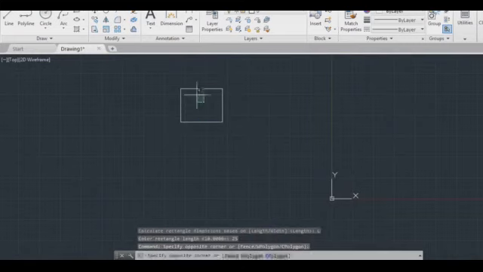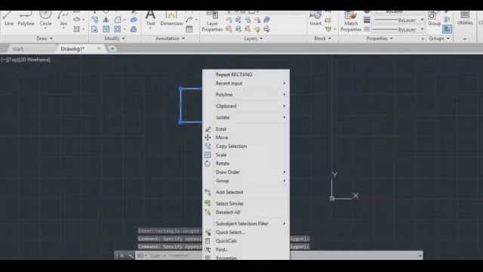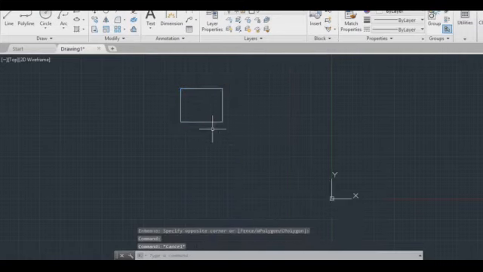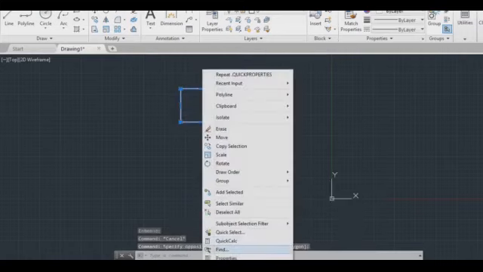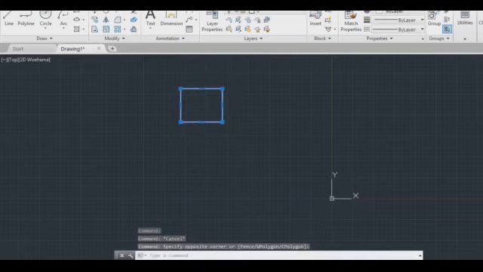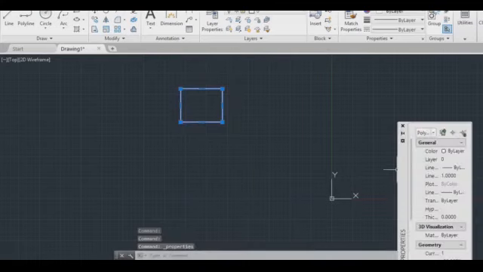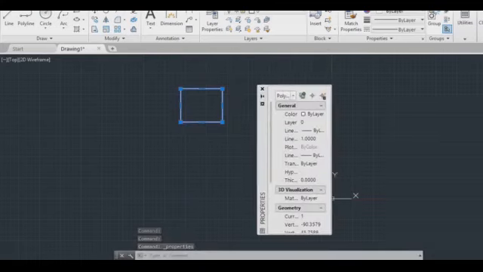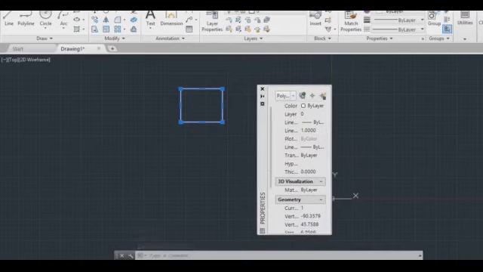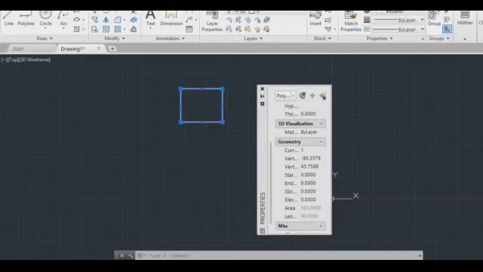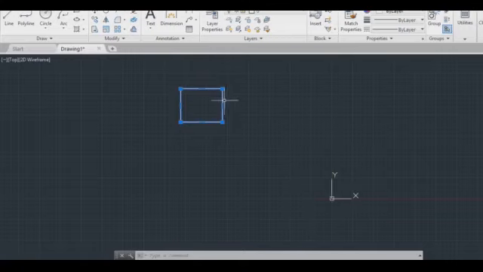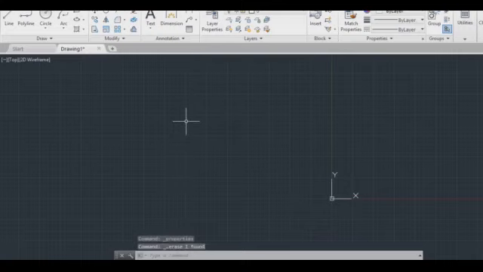I gave only the length, and the width is auto calculated based on the area. That is the advantage, that you can avoid entering the dimensions. If you know the area and one side, you can easily find the other, but it will auto calculate if you give the area. You can change the area later by selecting the properties of the particular rectangle.